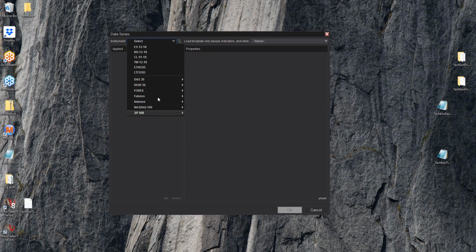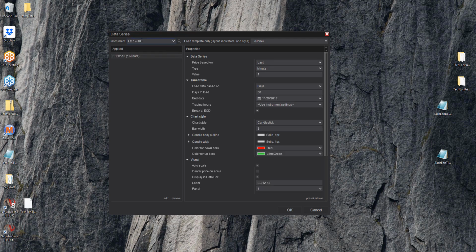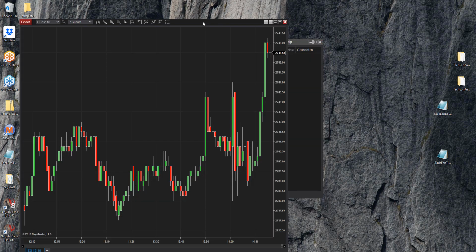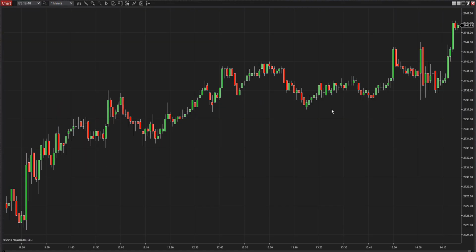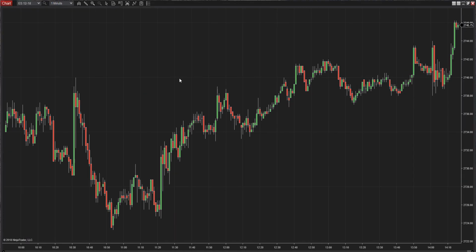You'll probably have many more than I do. For the sake of what we're going to do here today, we're going to start with the ES. So I'm just going to load up an ES 1 minute chart with 30 days of data on it, so that we can have something to look at. All right, so now we have a plain Jane chart with 30 days of data for an ES on our